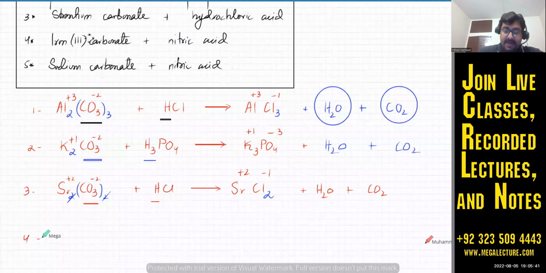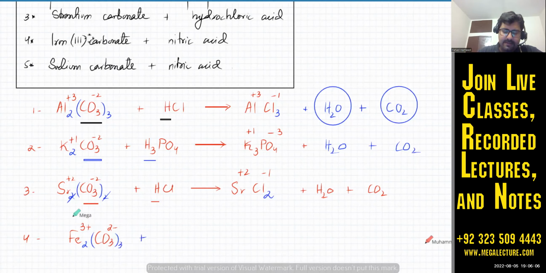Number 4 is iron 3 carbonate. Iron 3 means that Fe has a charge of 3 plus. Remember, transition metals, their charge is given. You can't really tell the charge, so it is always mentioned in the formula. Carbonate is 2 minus. So you're going to do crisscross. It's going to be Fe2(CO3)3,